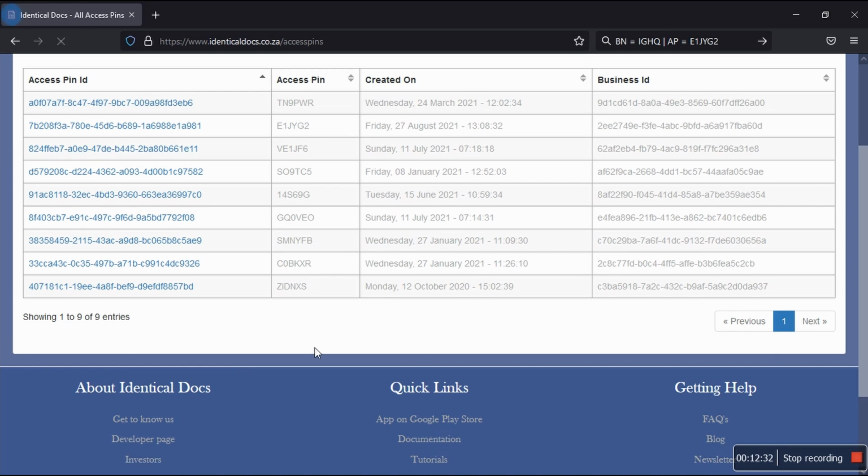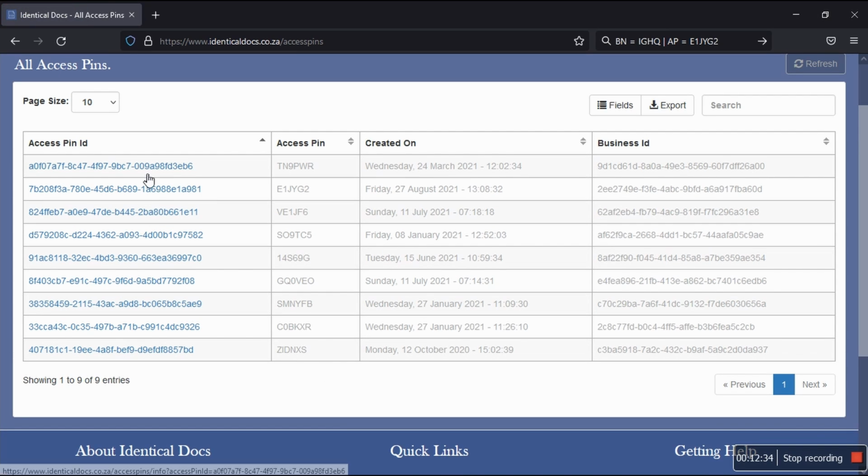There are 9. And then you see we have AccessPin ID. I need this for something. And then we have the actual AccessPin. We have when was it created, for which business. I know this is a bug because I need to replace business ID with the actual business name. For now, I'm only showing this because it's problematic to trace which business. Okay, so this one,